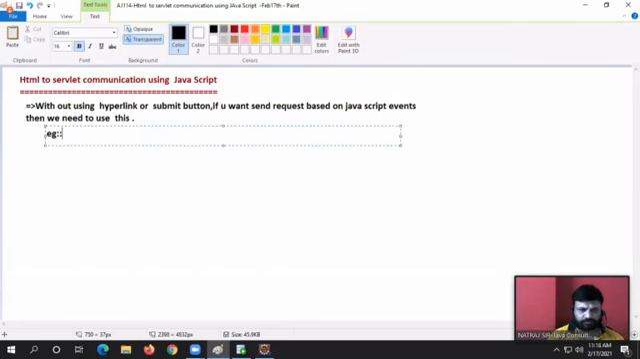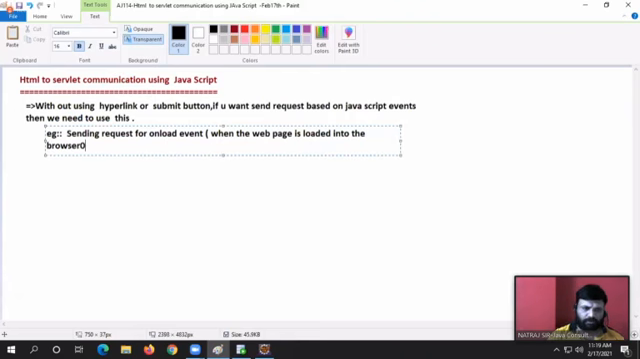Examples, guys. Sending a request for the onload event when the web page is loaded into the browser. Super, guys. Next,